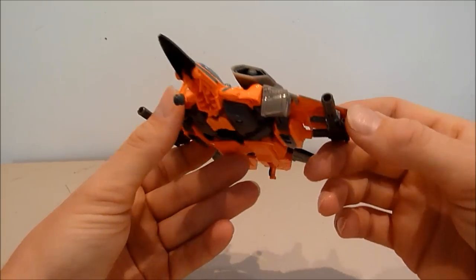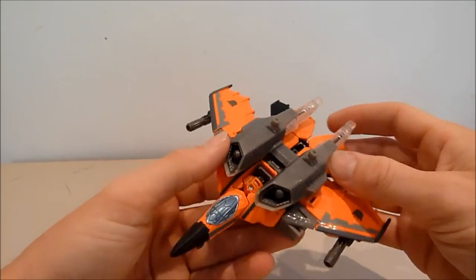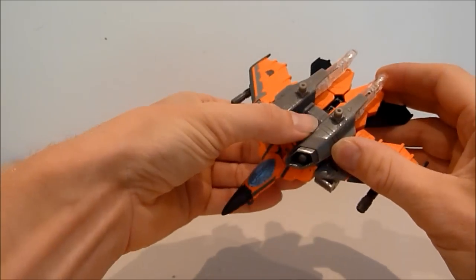Right, so this is Jhiaxus. Obviously, he's a pretty cool jet. I love it that you can put both guns under the wings. They look pretty good under there. He does have the firing missiles on top. I'm not quite sure, I think they're just friction. I think if you push forward,